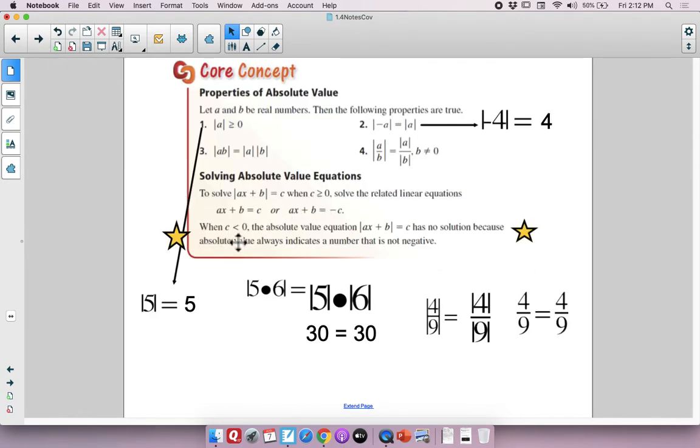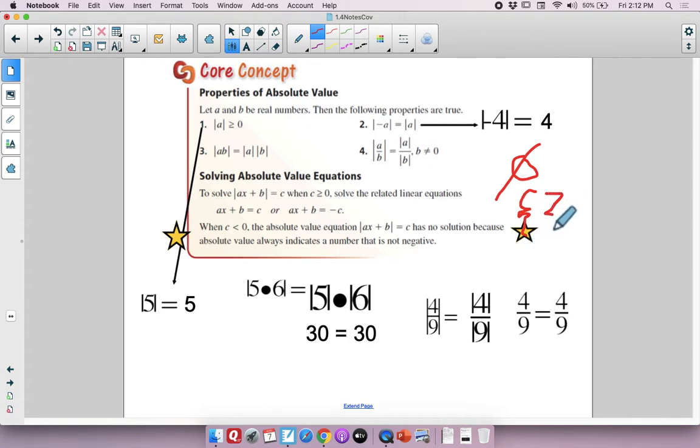Okay. Now, what if c is less than 0? So what the absolute value is equal to is less than 0, a negative. Then we know that's no solution. Why? Can absolute value ever be smaller than 0? Can it ever be equal to a negative number? No. So again, no solution. You're going to write either no solution, or you're going to do your empty set braces, which again I like to call J Leno.